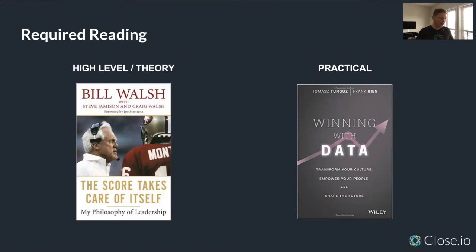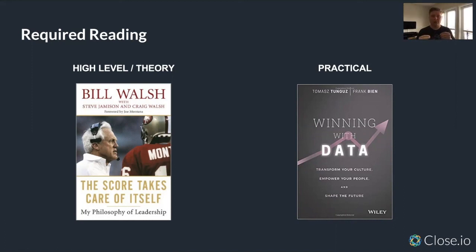On the practical side, one of my favorite commenters on what's going on in the software as a service space and the data side is Tomasz Tunguz. He has his own blog. I'll include a link in the email that I send out with the recording. But this book is a good summary of all the blog posts that he's had over the past few years.